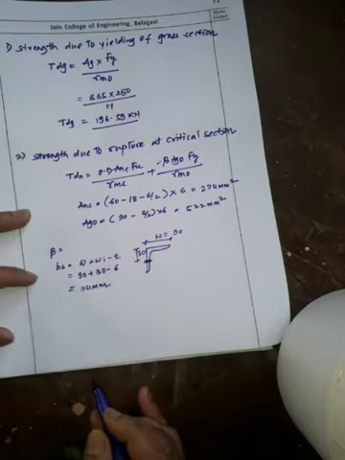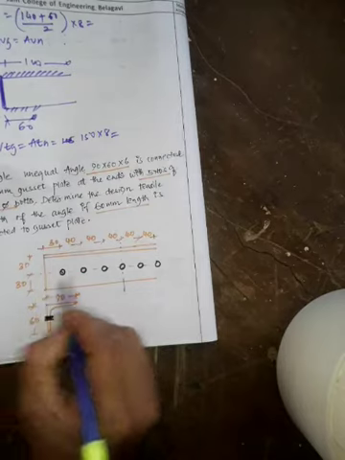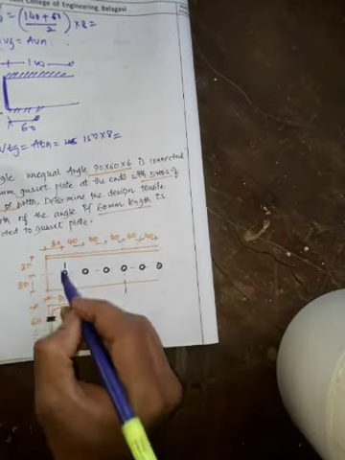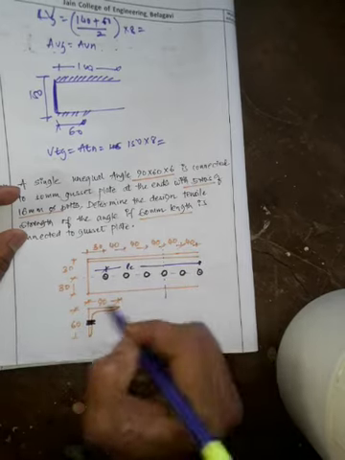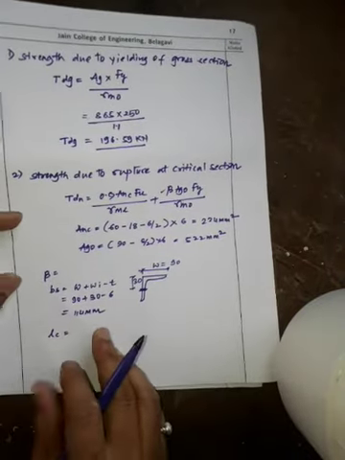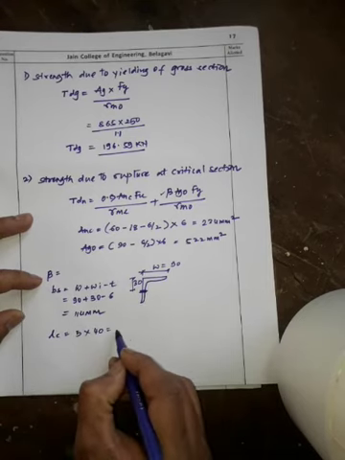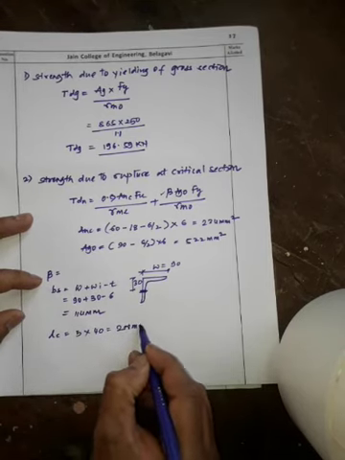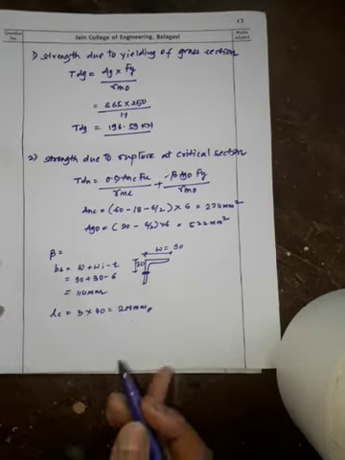We get 114 mm. So again Lc, what is Lc? Again the length of connection. The length of connection is from the center of the first bolt to the center of the last bolt. So that is nothing but the length of connection, Lc. There are 6 bolts, so the number of pitches will be 5. So 5 into pitch, which is 40, I think it is 200 mm. Okay, so it is 200 mm. Then for that you have to find out Tdn.